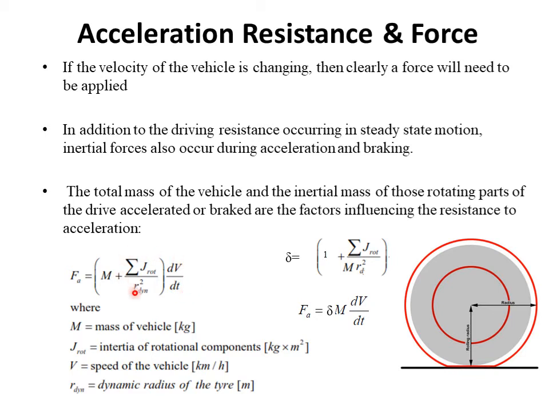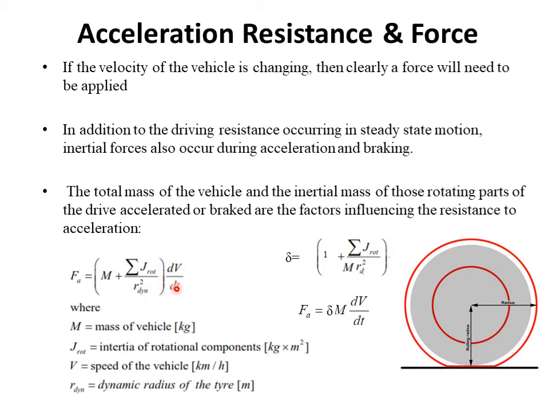But you can see a particular term here, which is represented as summation of J rotational by r dynamic square. So what is this J rotational? It is the inertia of the rotating components. And what happens is that not only the total mass of the vehicle, but the inertial mass of the rotating parts, that is represented by J rotational, also causes a force due to acceleration when the drive is accelerated or braked, and that is represented by sigma J rotational by r dynamic square into dv